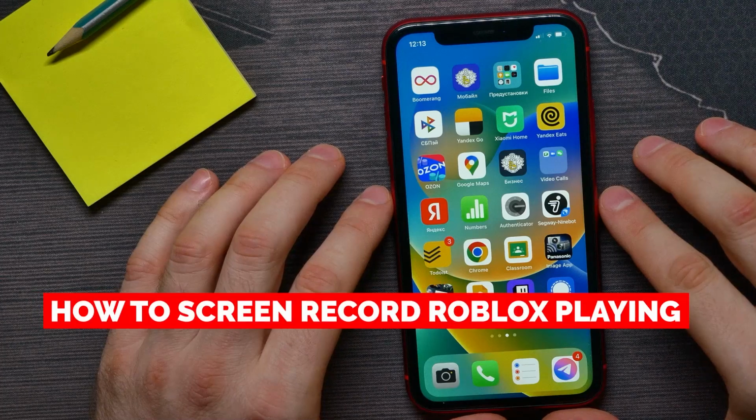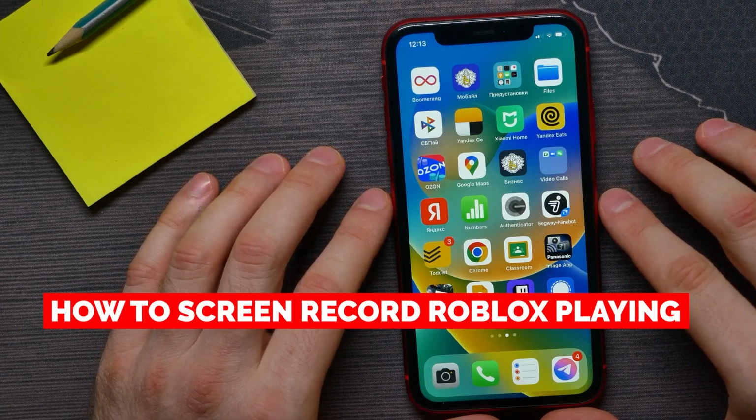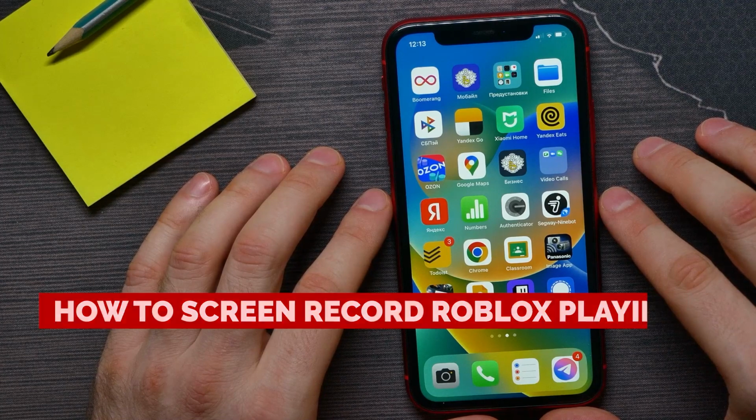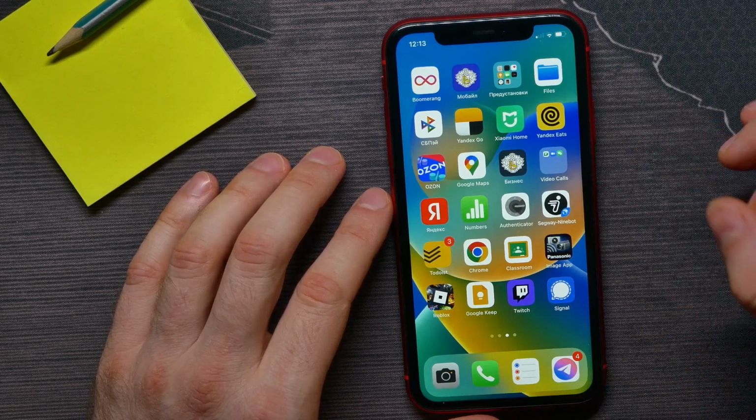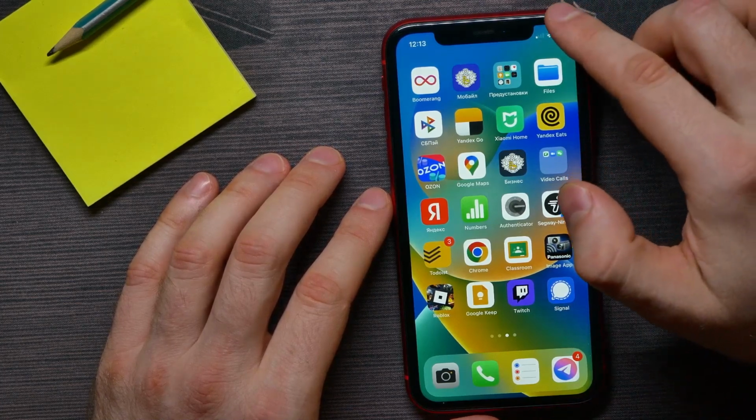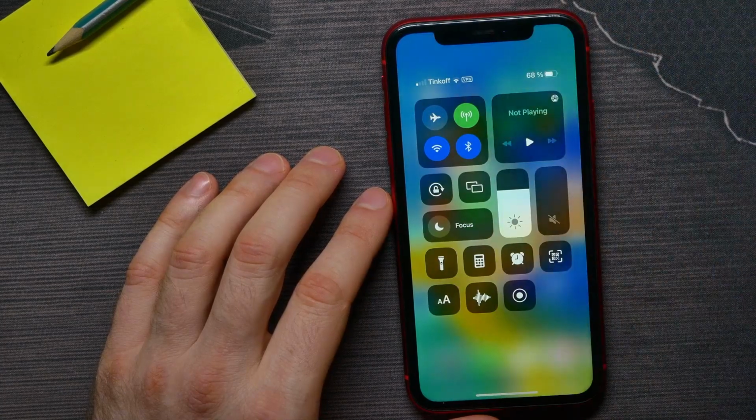In this video, I'm going to show you how to screen record yourself playing Roblox. That is quite simple and easy to do, so let's begin. And all you have to do is just swipe down from the top right corner to open up the control